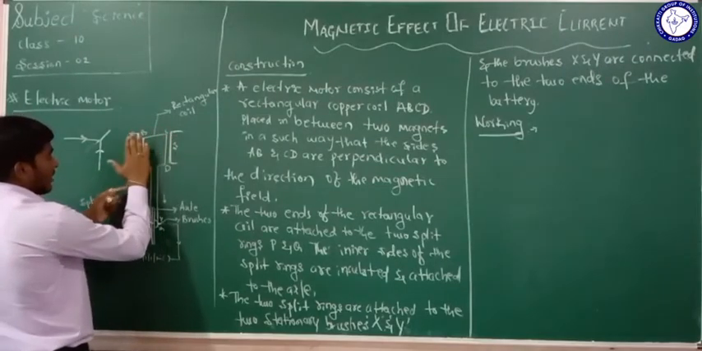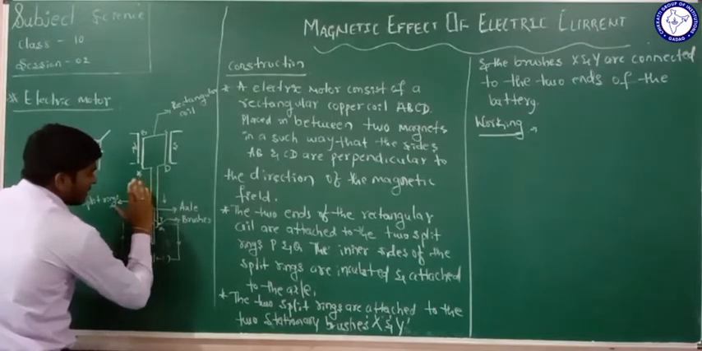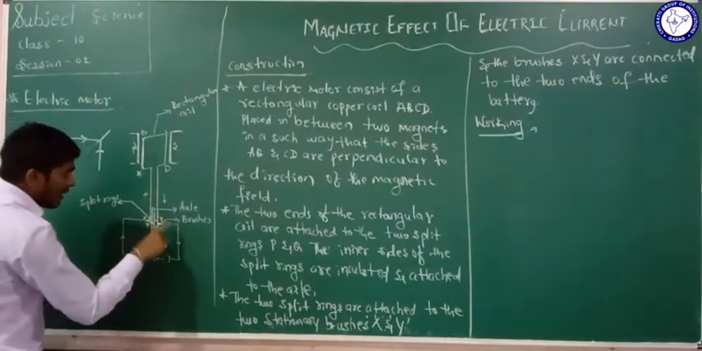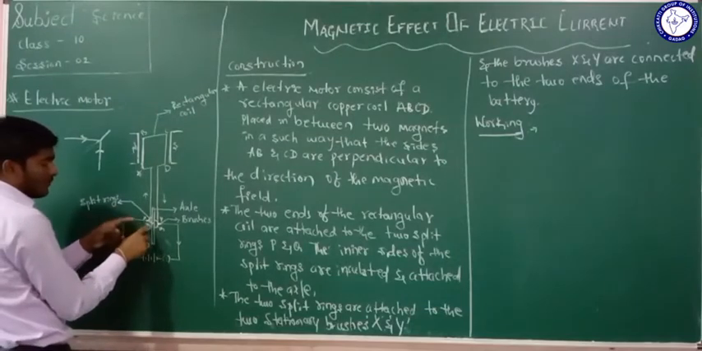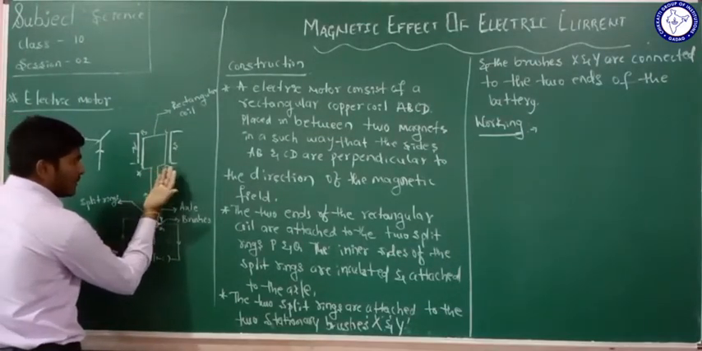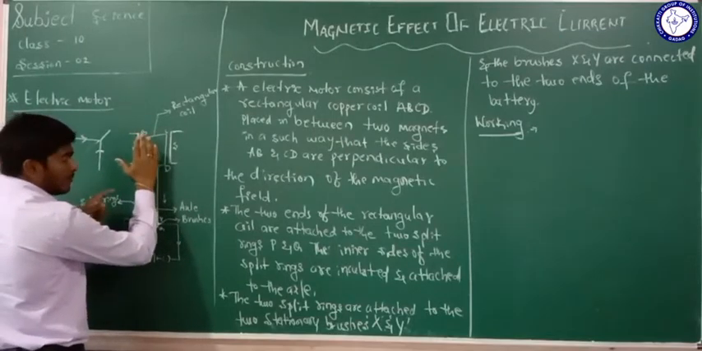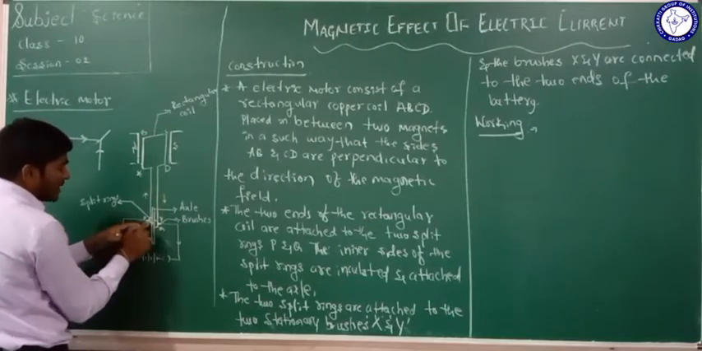And CD comes here. See here, this coil will turn like this. What happens when the current flows in the first step? The current flows through the first split ring, that is P. When the side AB is pulled down, CD will come, and this split ring will attach to the